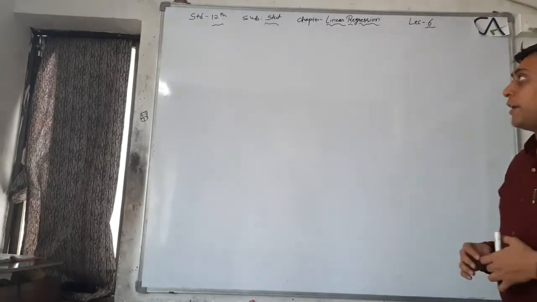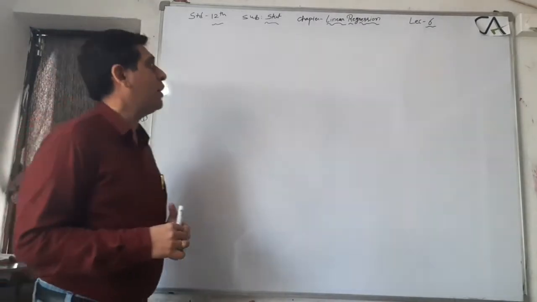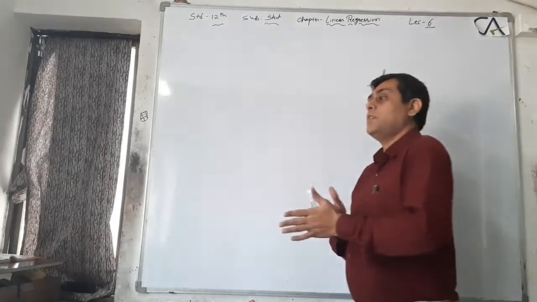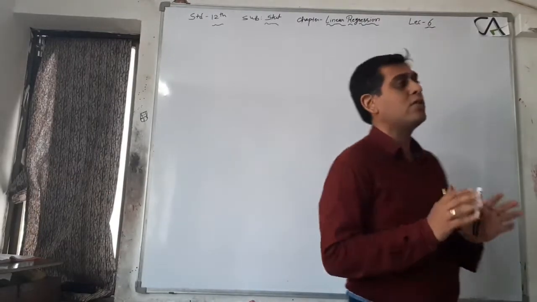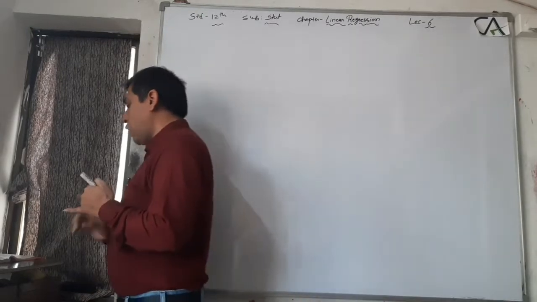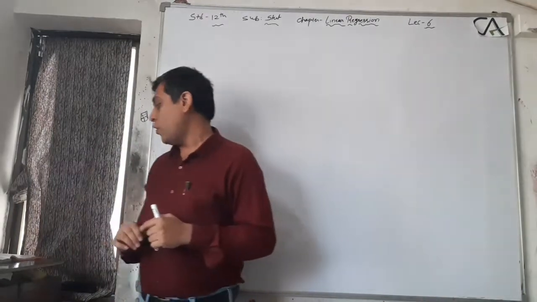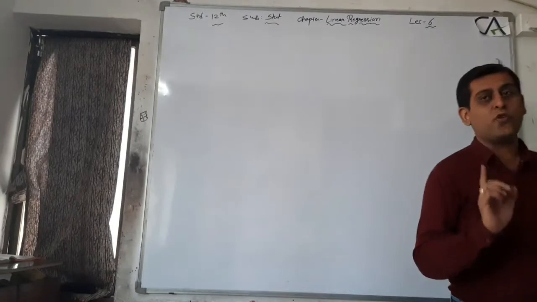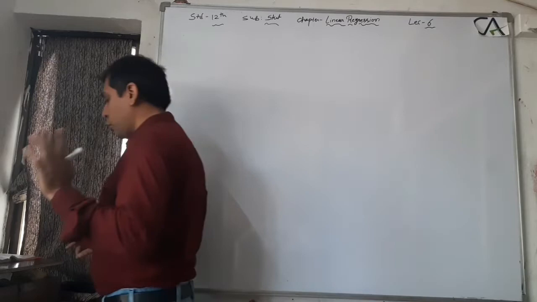Today we are taking standard 12 subject statistics, chapter number 3, part 1, linear regression, lecture number 6. In the last lecture we completed all the long sums and short sums. Right now we are doing properties of regression coefficient, that is on page number 144. Up to this we have completed examples books 1 to 14 illustration and exercise 3.1 and 3.2.